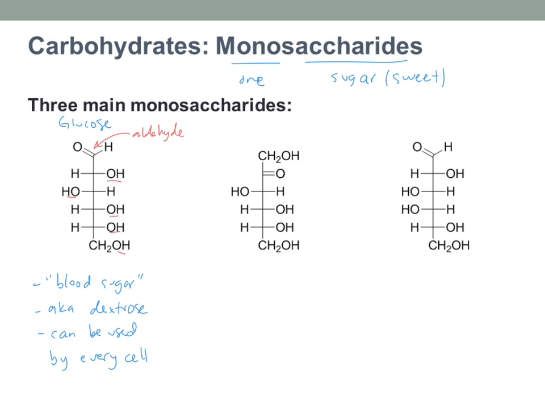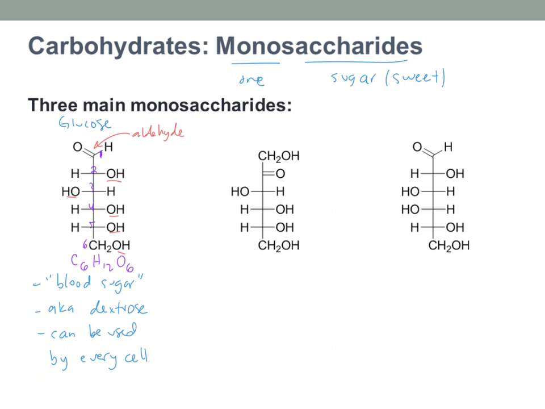Now, we can number these carbons for reference. We always number the carbons for the monosaccharides starting with the end of your chain with the carbonyl as number 1. Then I have number 2, 3, 4, 5, and 6. So it's got 6 carbons. And if you counted all of these things, for glucose I do have 6 carbons, 12 hydrogens, and 6 oxygens. So I get C6H12O6, which is why people often say that is the formula for glucose.